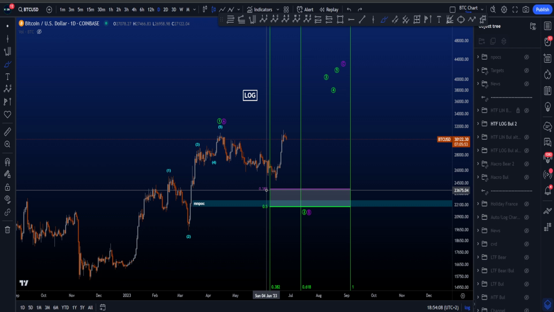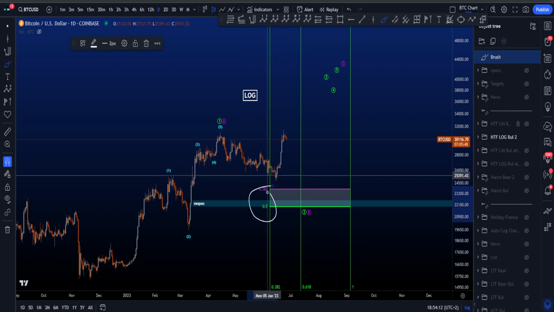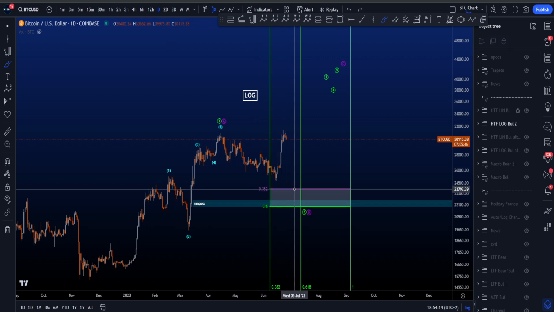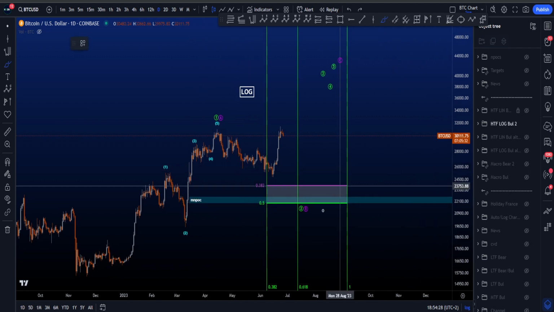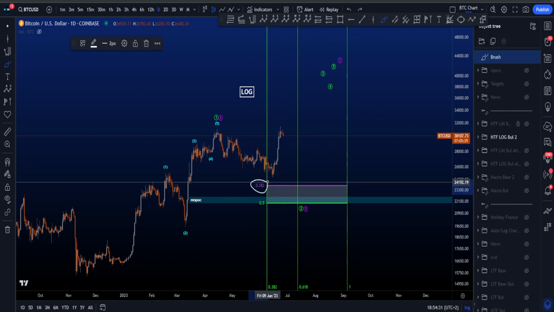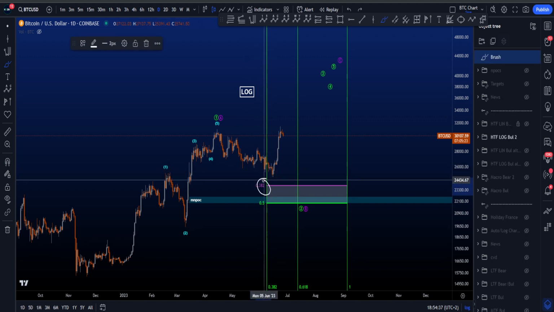But in the logarithmic scenario over here, price missed out on hitting this area, and the target area, the 382 to the 0.5, is starting between 23.8k and the 0.5 then is at 21.9k, where inside this area you have this target box, the blue box, as you can see, between 21.9k and 22.6k. And I don't really like it that price didn't touch the 382 on the logarithmic chart. I prefer to see on the logarithmic chart price moving to the downside and hitting this area, but it moved